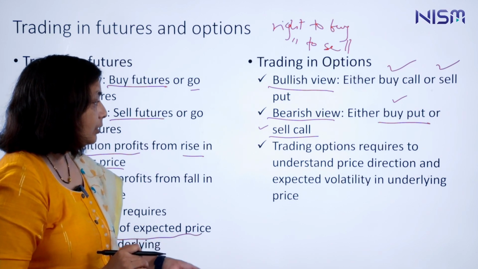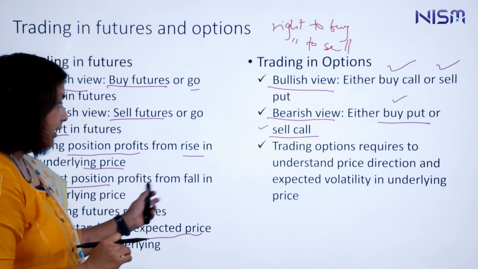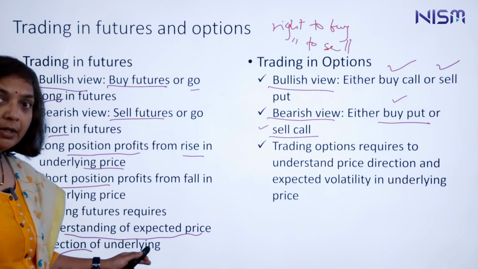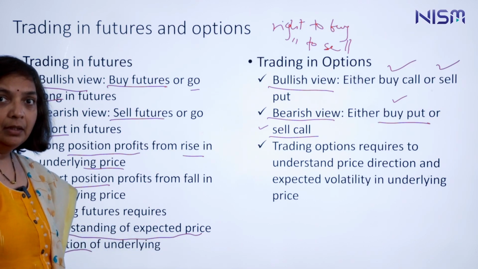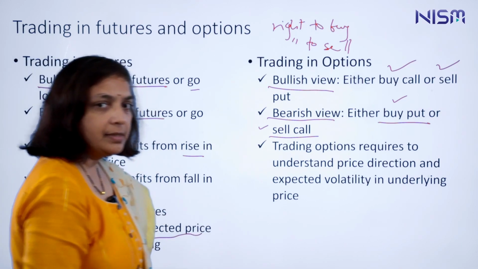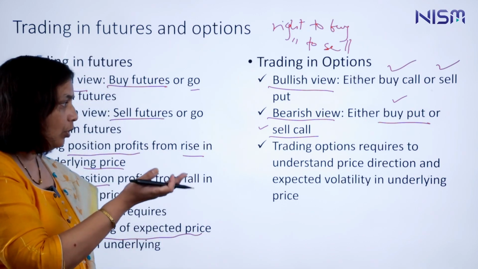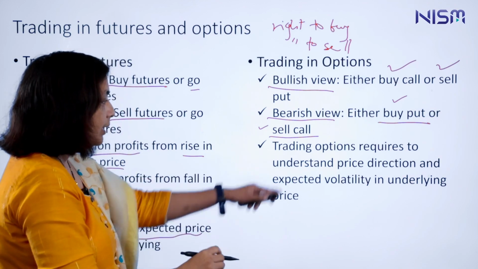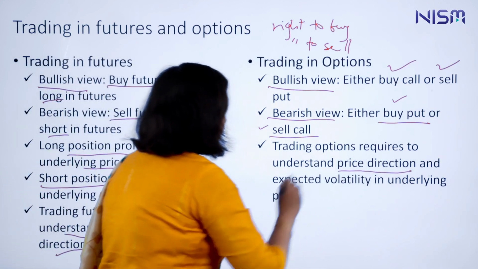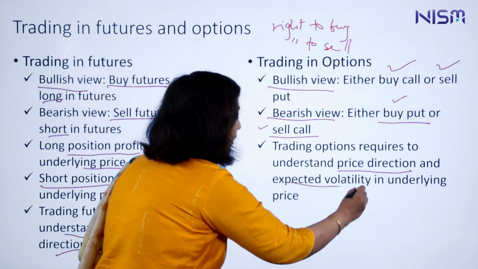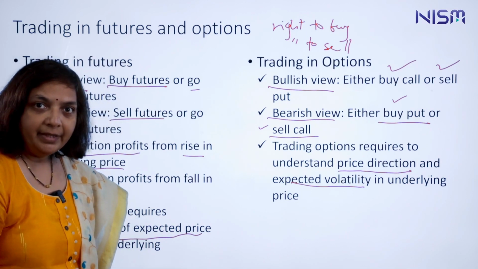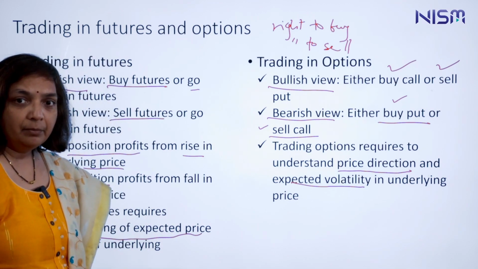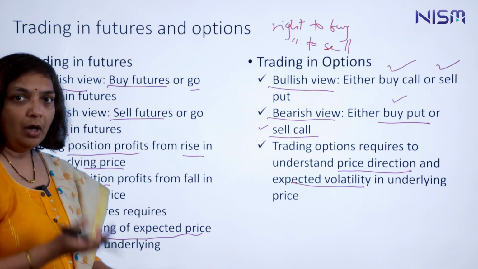Now, what is the difference between trading in futures and trading in options? When we were trading in futures, we said we need to understand the expected price movement, which way the price will go, the direction. But when we are trading in options, we need to understand both price direction and expected volatility. So when we are trading in options, we need to keep track of two things. What are the two things? The expected price direction, which way the price will go, up or down,